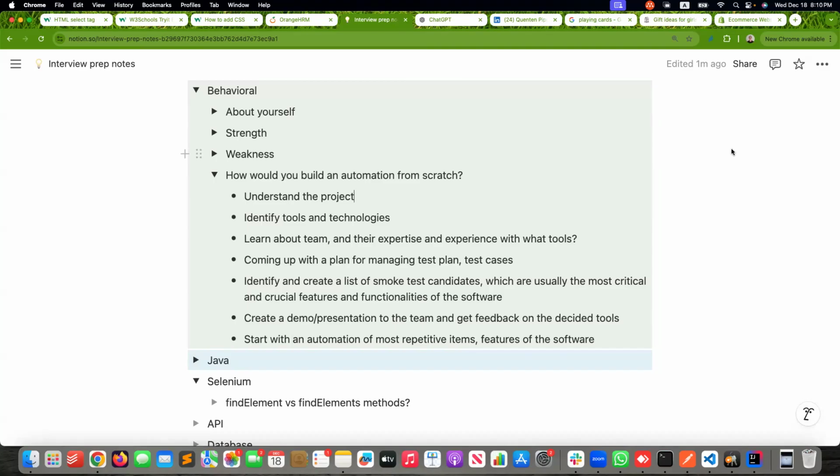First of all, you need to try to understand the project. In order to build an automation framework from scratch, I want to understand the project. This is just a note. Now, what does it mean? Clarify, right? Understand the project, if we have any dependencies, or what is the data flow, and what are the